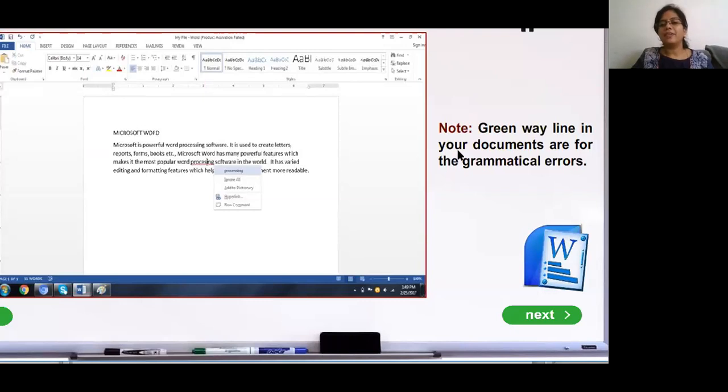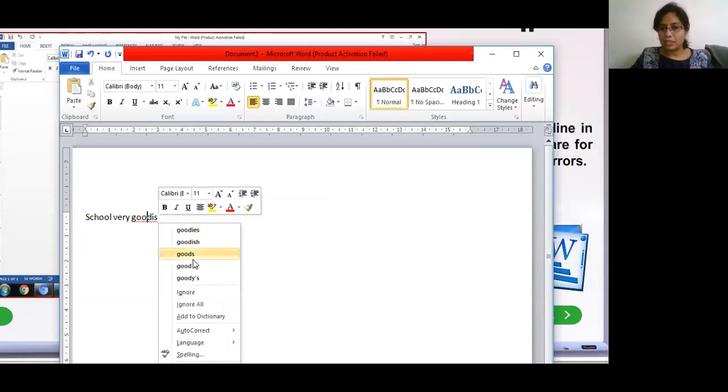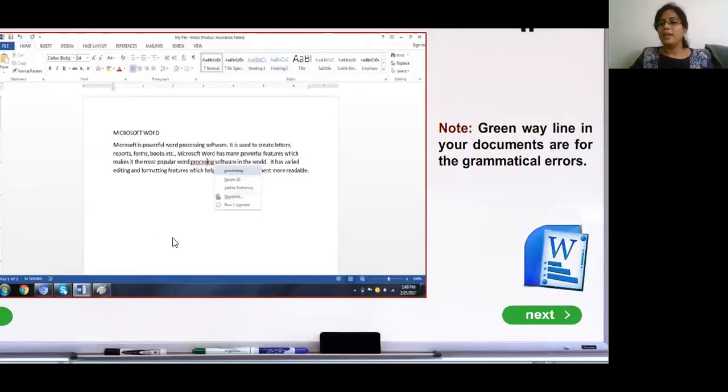Children, basically when you have a grammar mistake, it will show you green lines. It's not showing on my system, but see children, whenever you see green wavy lines on your system whenever you're writing, that means there is a grammar error. Okay.